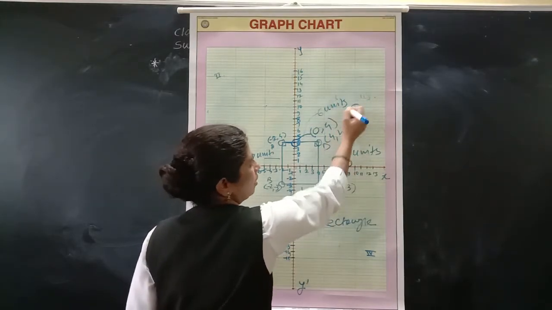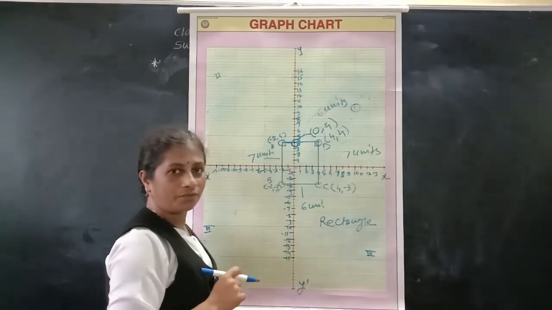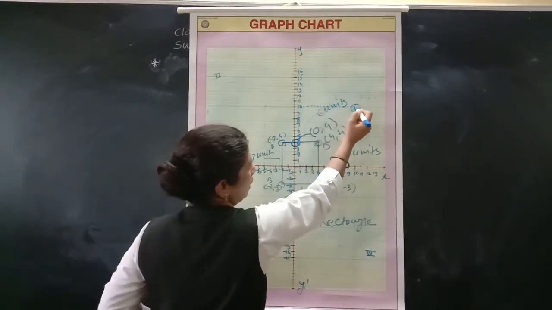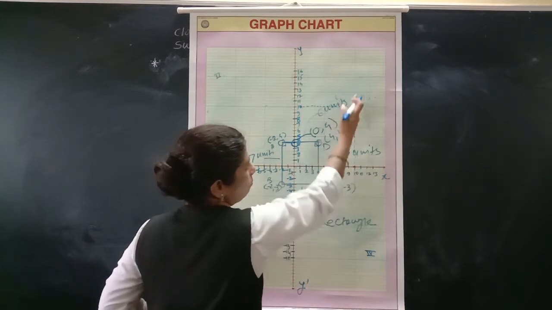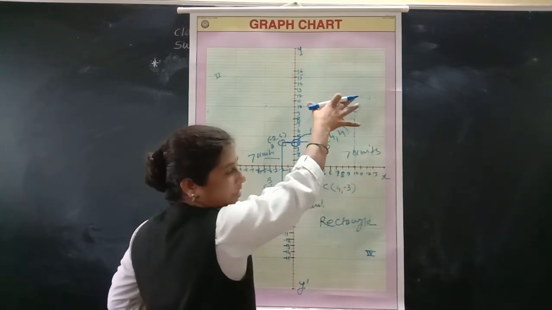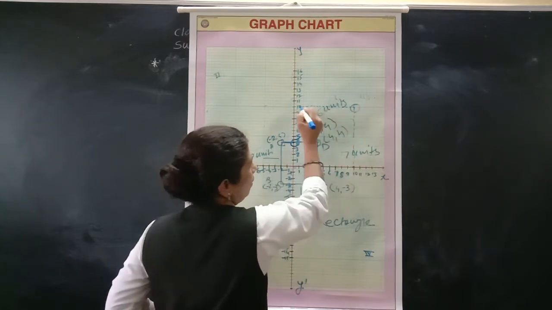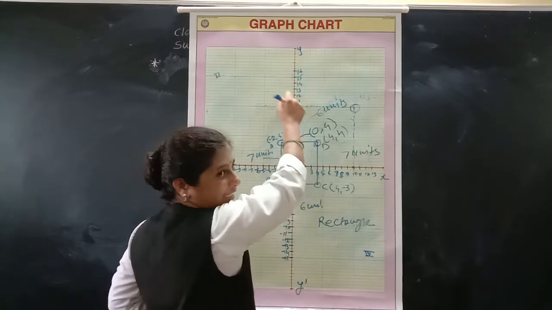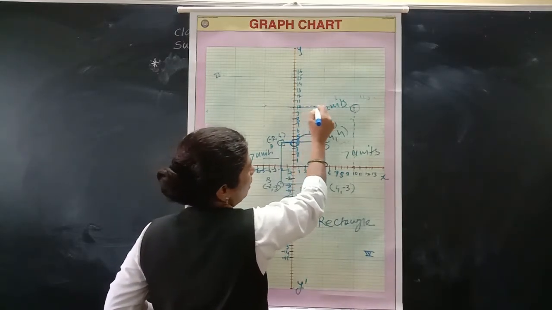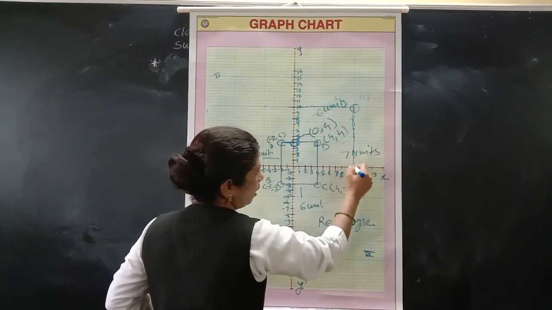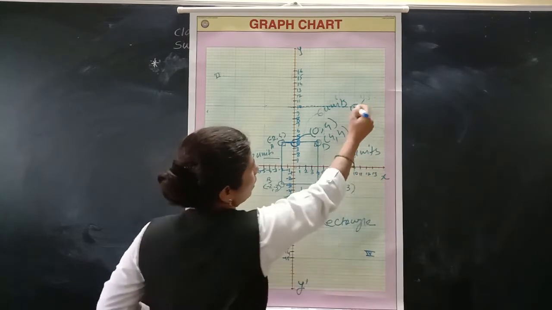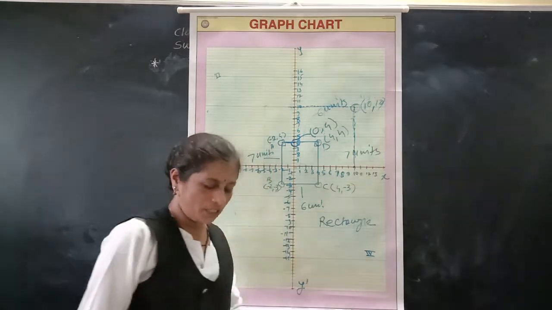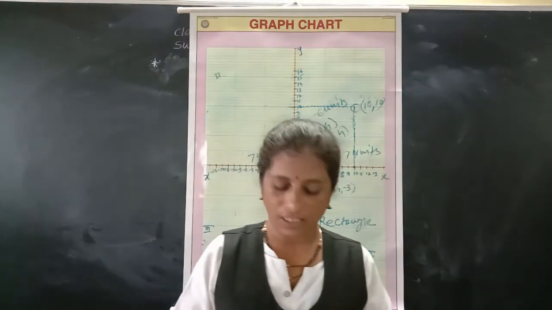Suppose the point is here, right? So which is mentioned in the figure like this. We have to join by scale this point, vertically and horizontally. You have to keep the scale and join the point, and see where on your axis the lines intersect. So suppose this, right? Okay, so we have to write the coordinates of this point: x-axis 10 and y-axis 10. Like this you have to do this question. Okay, now we will see the last question.